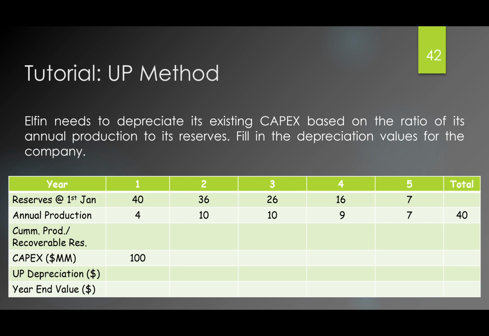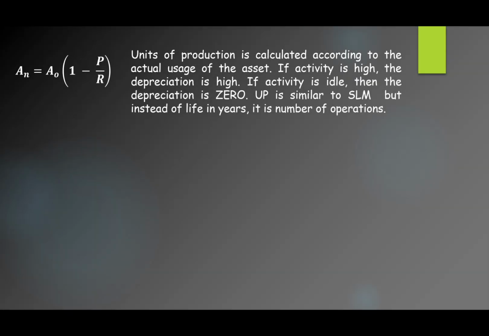Okay, so let's recall what the formula is for the unit of production method. In a unit of production, you calculate according to the actual usage of the asset. If the activity is high, then you have a high depreciation. And if you don't have any activities, then the depreciation is just zero. So unit of production is quite similar to the straight line method, but instead of the life in years, you do it based on its number of operations. Or when we are talking about oil reserves, then it's the number of